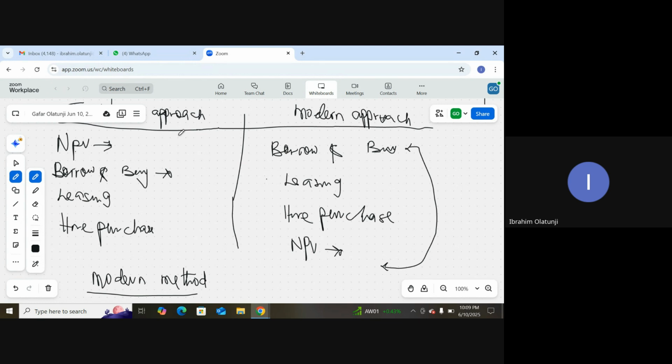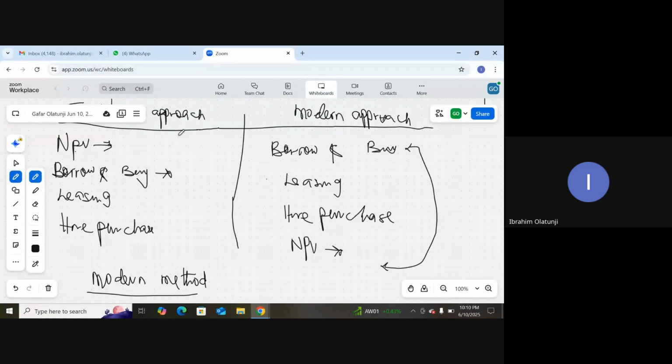You need cash profit. You need tax savings, and that's what I said you need when you are computing